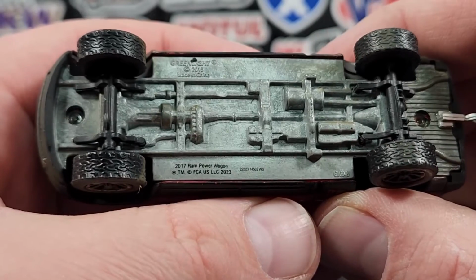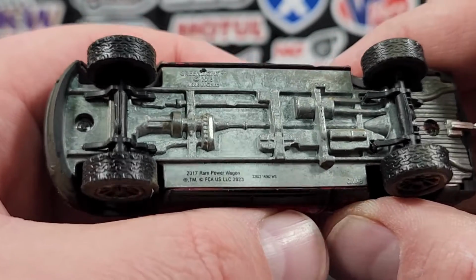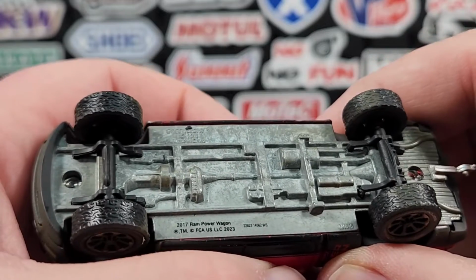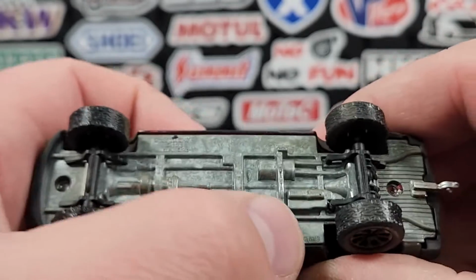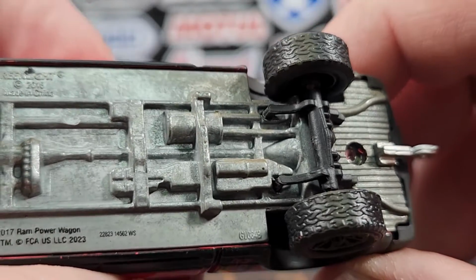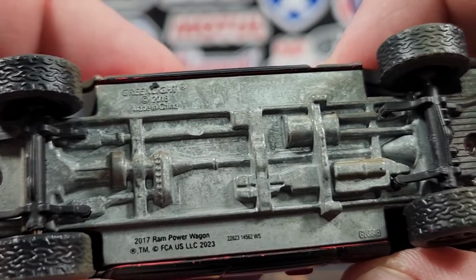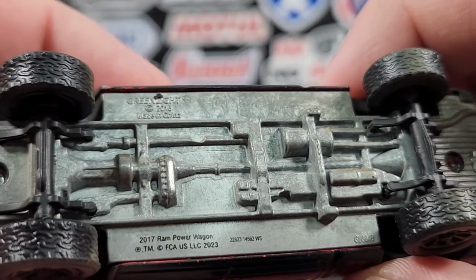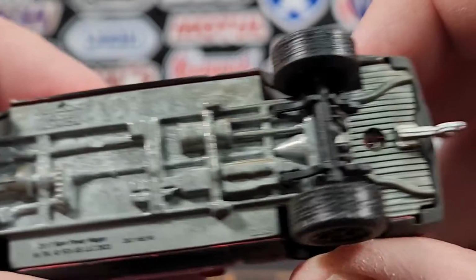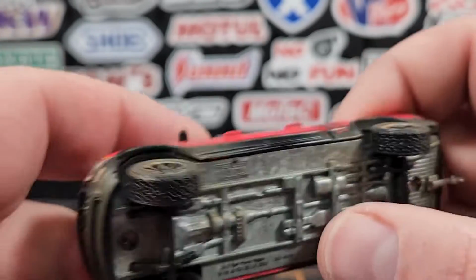See where the number is, the etching. See, not really seeing where the etching is. This one might not be etched. Oh, there it is. Way down there on the corner. Nope, that's not it either. That's the Greenlight model number. So this one doesn't appear to be etched, and if it is, it's very, very well hidden. So I'm just going to go out on a limb, say this one probably doesn't have a number on it,